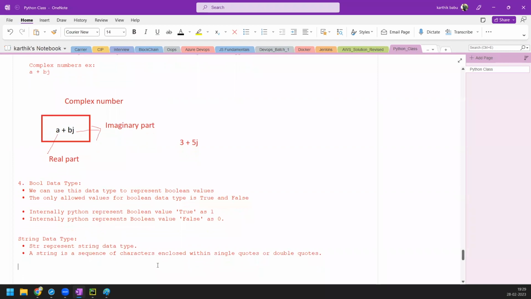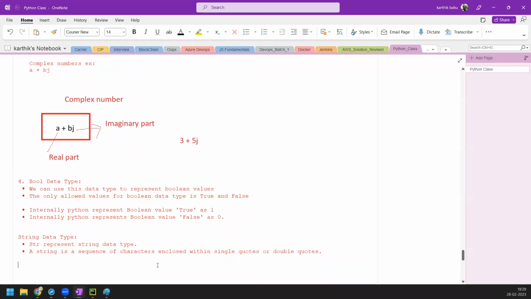Okay, now can I give you an example? Let us say I'm creating a variable S1. To this variable, I'm trying to assign a string value. So usually string should be represented either in